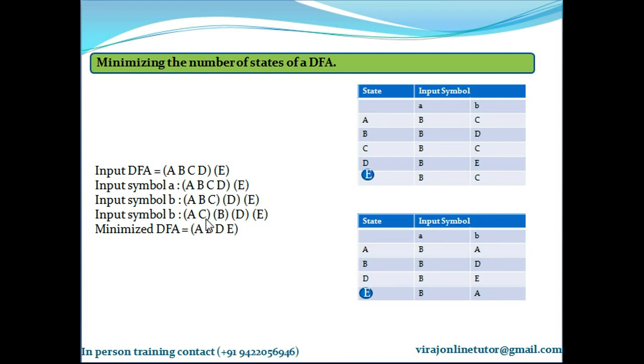So that means A and C we tried. It cannot be split on A now. It cannot be split on B also. So this is the final split up of the subgroups. So now as a last step, what you do is find out one representative from each subgroup. So I select A, I select B, I select D, I select E. Select one representative from each group